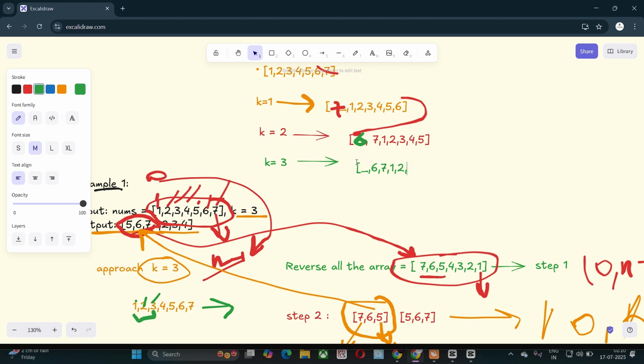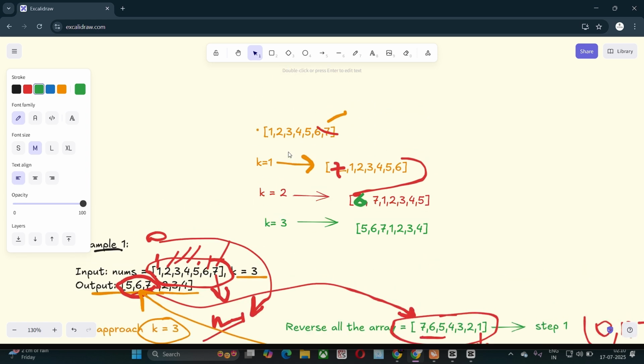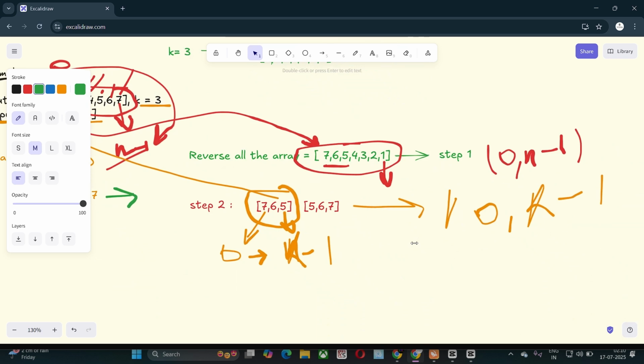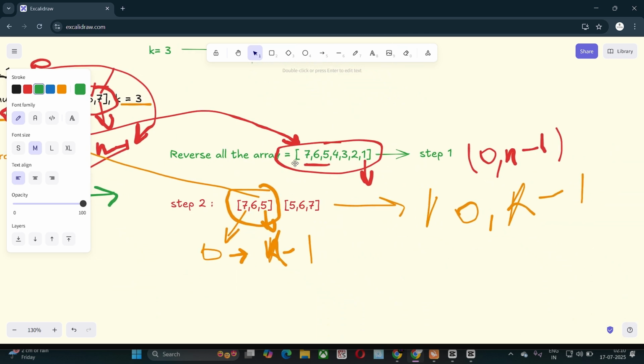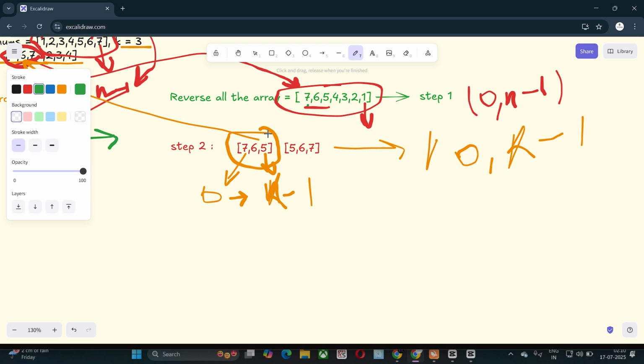So we find, just write down step 3. In step 3 we will traverse the remaining elements. We will have traversed 7, 6 and 5, and the remaining elements are 4, 3, 2, 1.